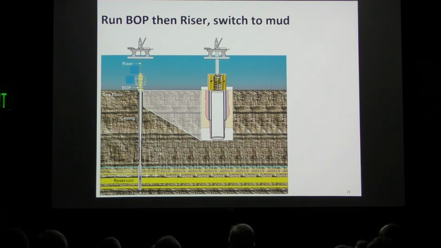And once we run the blowout preventer, we can then run the riser. And the riser is a pipe that goes around the outside of the drilling string, around the drilling pipe, that isolates the drill pipe from the seawater. So now we have a closed system from the rig down to the bottom of the ocean. And once we do that, we can displace the seawater that's in there with drilling mud. And the drilling mud is